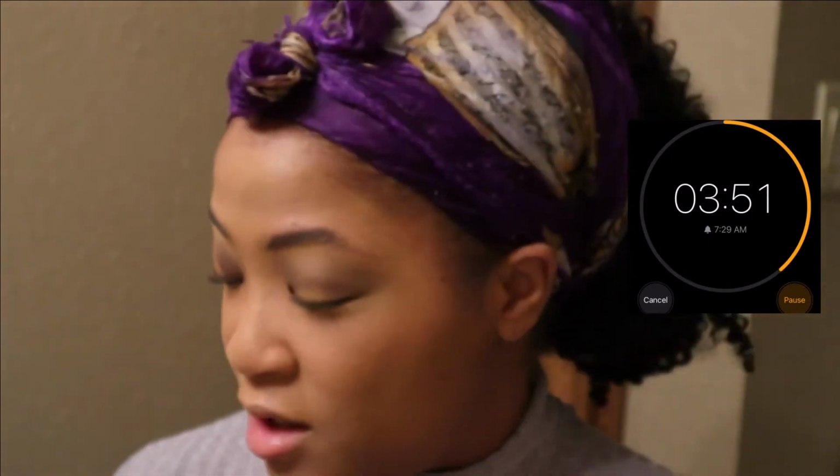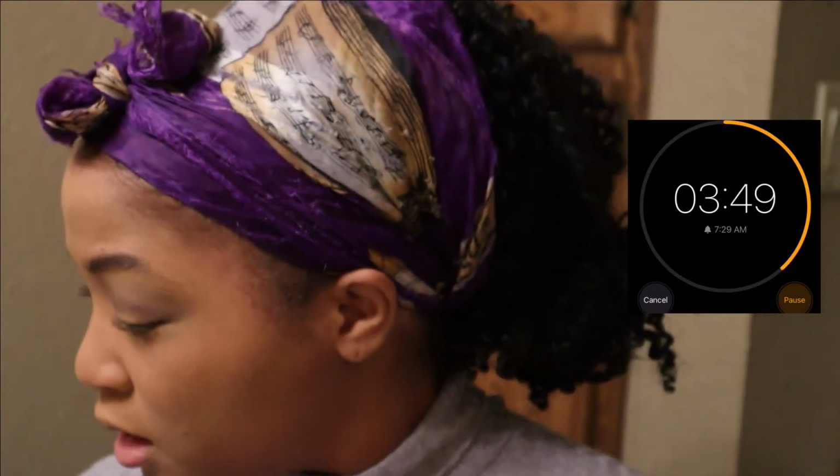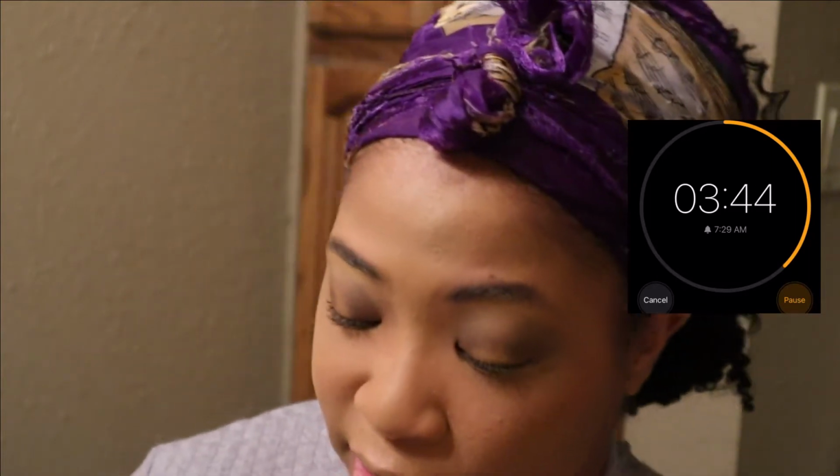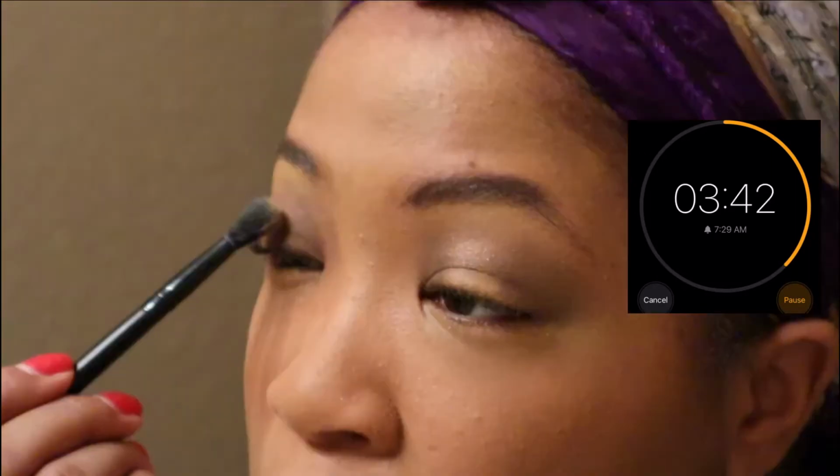You know, when I color matched this on my hand earlier, it did not look this bad. I'm spending too much time on this. I have 3.5 minutes left. So I'm gonna...